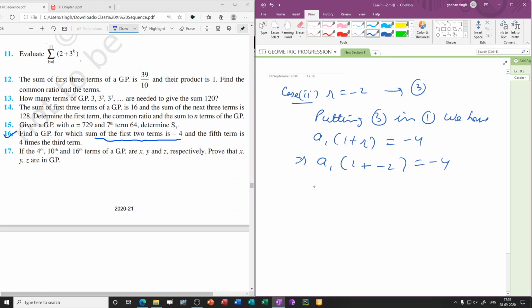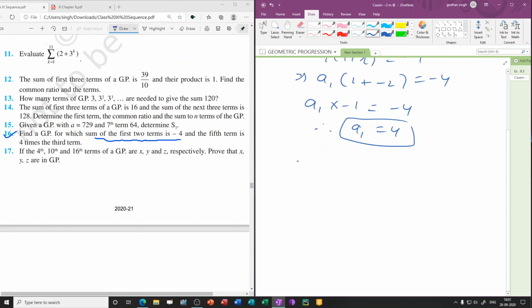So this will give us A1, 1 plus minus 2 is minus 1. A1 into minus 1 equal to minus 4. Therefore, A1 equal to 4. Therefore, required GP is